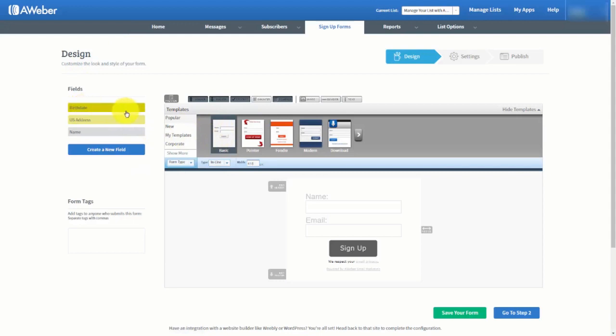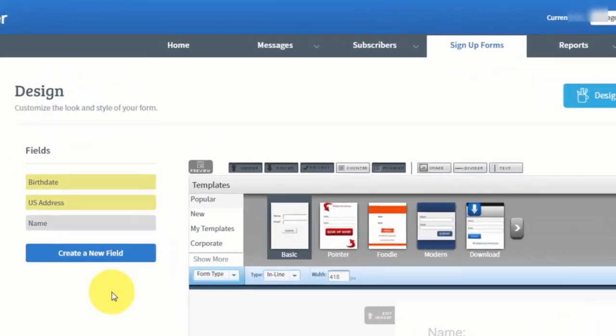You'll also notice that there are fields, and we have a field that was created earlier in our custom fields area. So if you want to create another custom field, all you need to do is click this button, create a new field. It's the same field function that we found in the list options. Now, this template builder will allow you to preview each form as you build it,